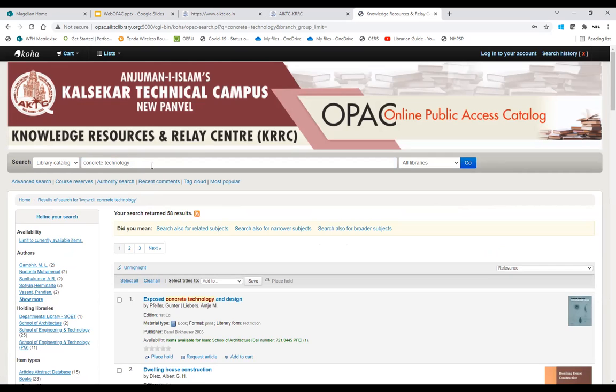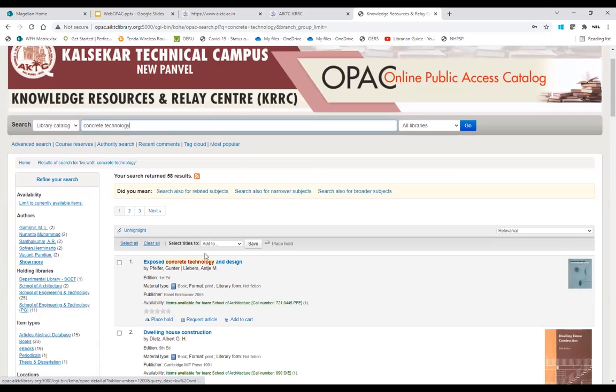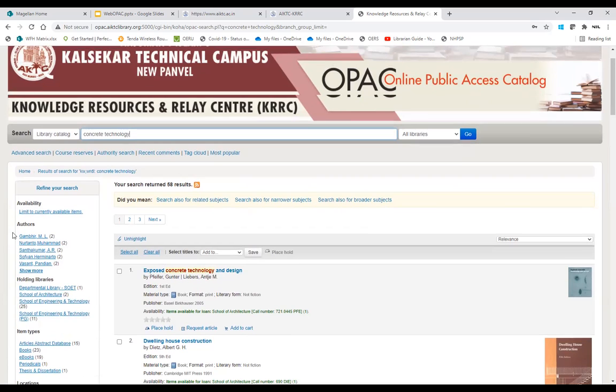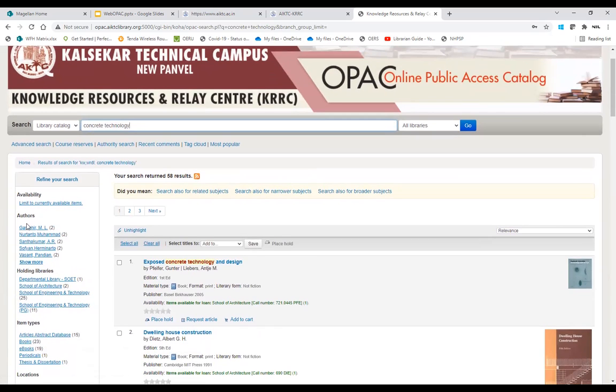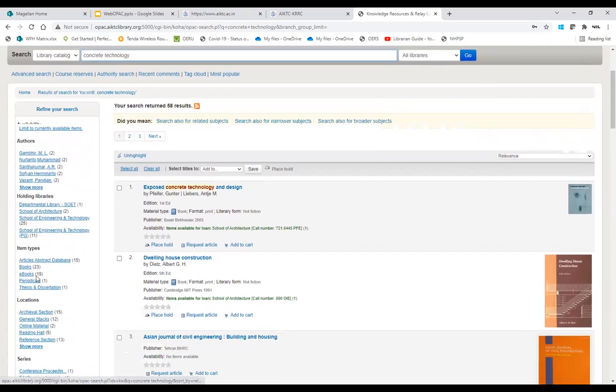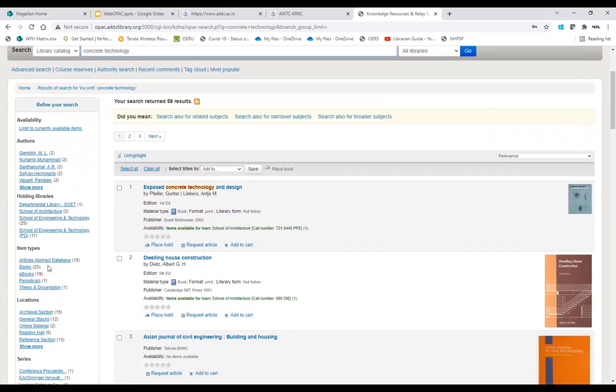The keywords which you have given in the search box will be highlighted in yellow color. You can refine your search from the left hand side options. If you know the authors, you can select the authors, libraries, item type, whether it's a book.